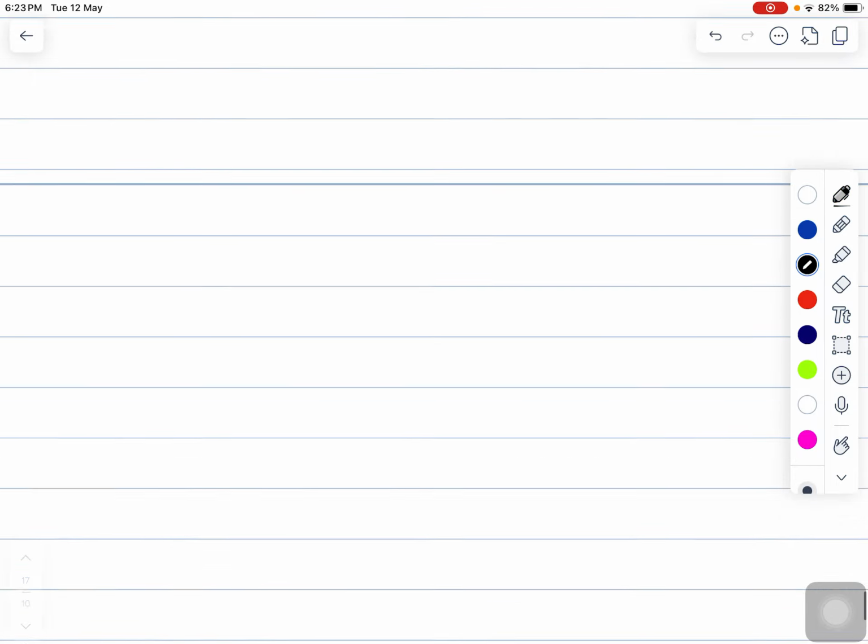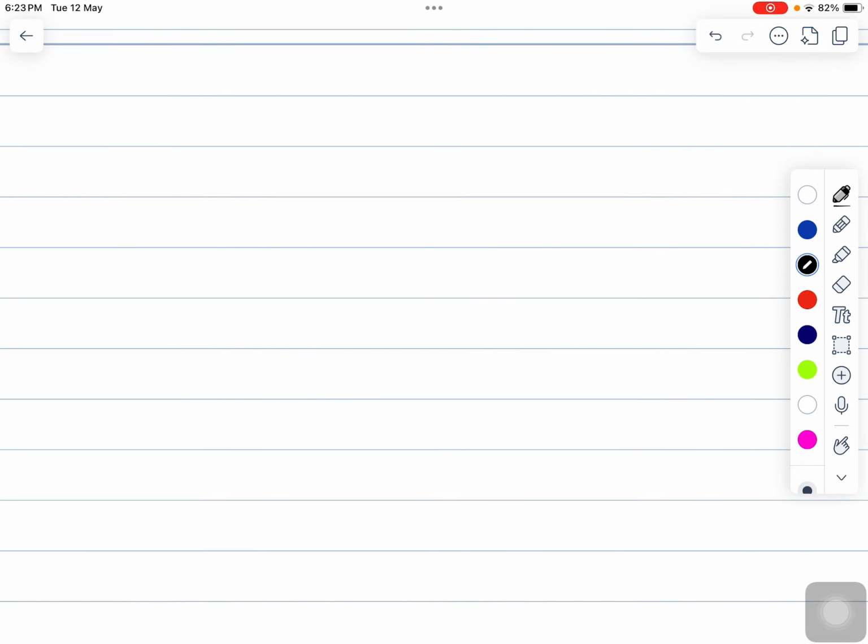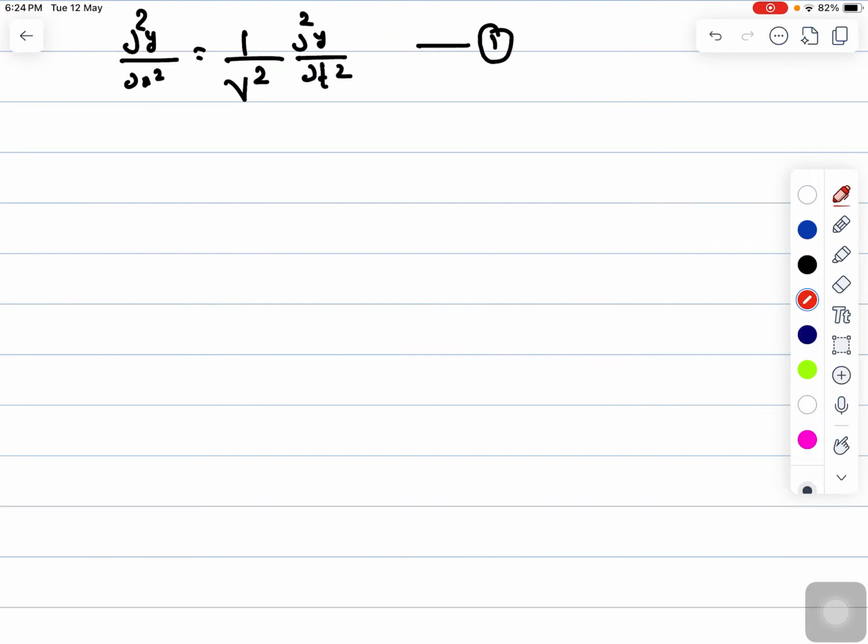Okay, so as I have already mentioned, if a particle is in motion, then that particle has wave-like character, and if wave-like character is there, then definitely there will be a wave equation associated with it. So let us suppose a wave equation like del 2y by del x squared equals 1 upon v squared del 2y by del t squared. Is that clear? Let's say I am assuming this as my first equation. This could be the equation of any wave, like vibration or sound or light wave, and so forth. So let's say for a light wave,